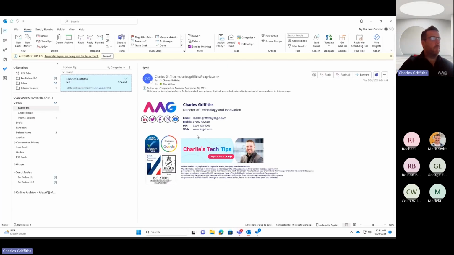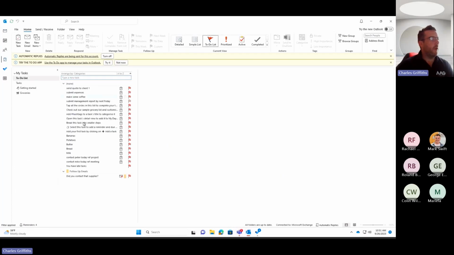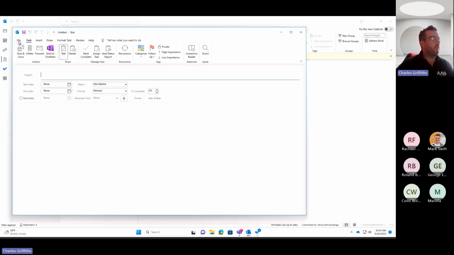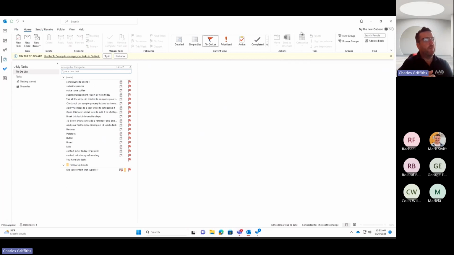Okay, we're rapidly running out of time, so I'm going to move on to Microsoft To Do now. So tasks is something that's been in Outlook for an awful long time. If you've seen tasks before, this will look fairly familiar. And if you want to go and create a new task, you can do it in here, and it's okay. However, Microsoft is moving to, and has moved to, an application called To Do, which is now